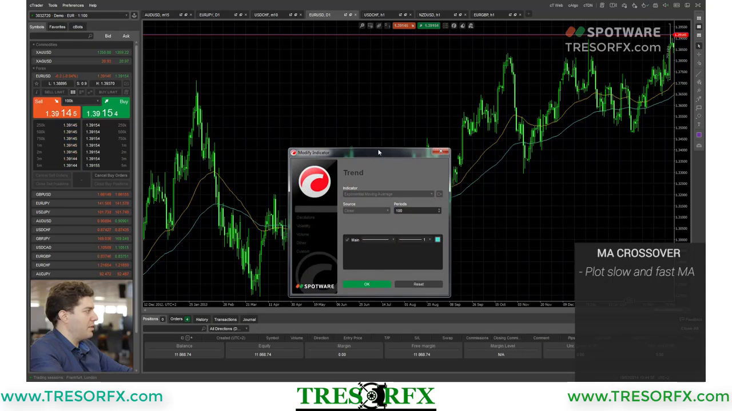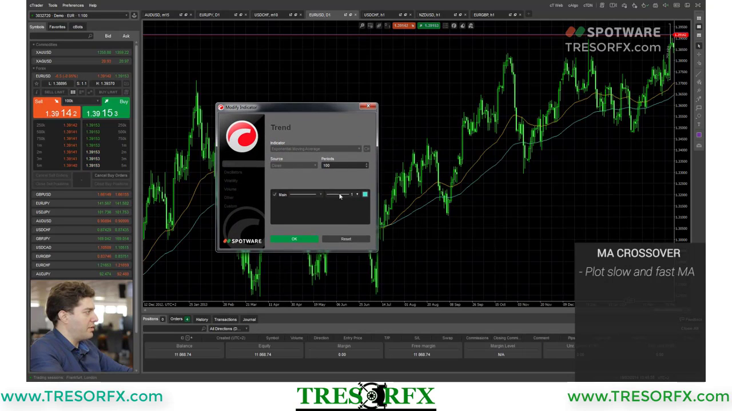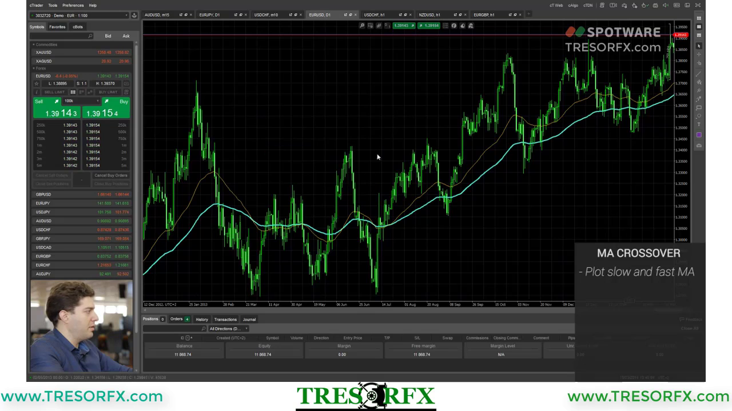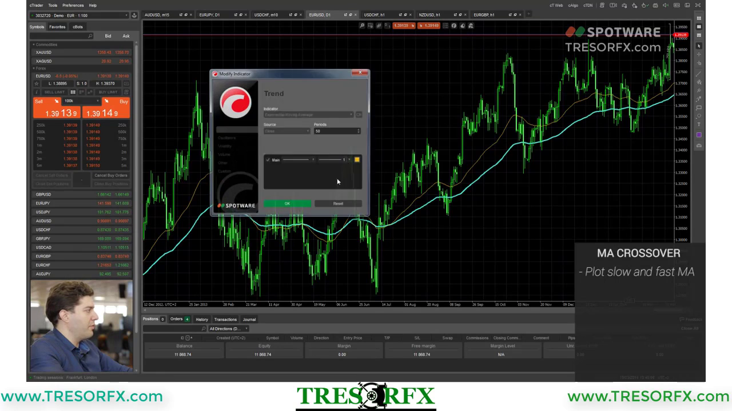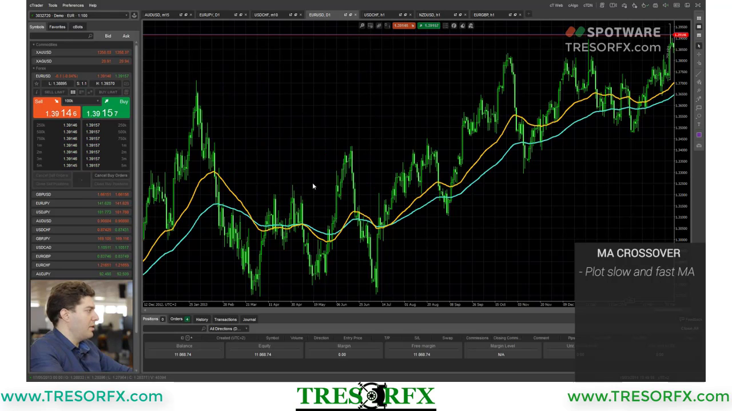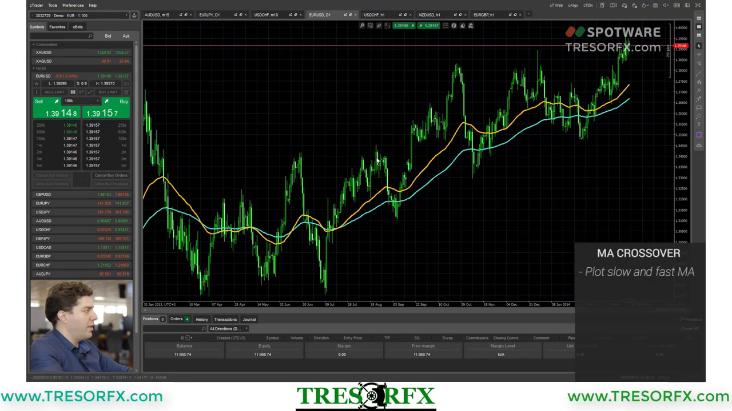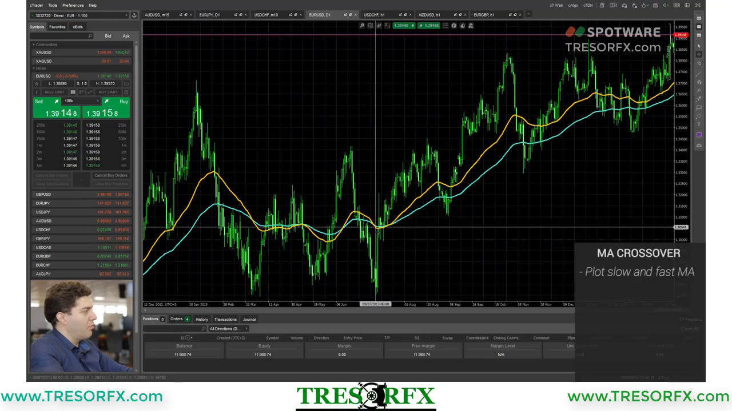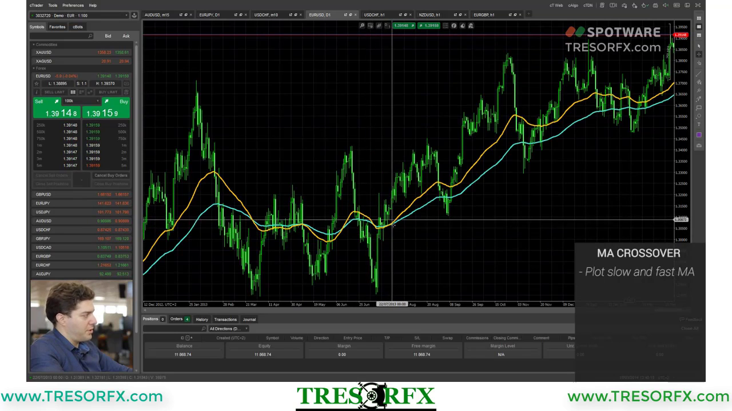In this case, as you can see, the slow moving average is 100 periods. It's the blue one. Let's make it fatter. And the fast moving average is 50 periods. Let's make this also fatter. What we're doing when trading the moving average crossover is that